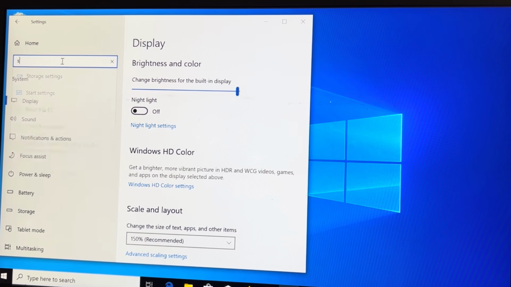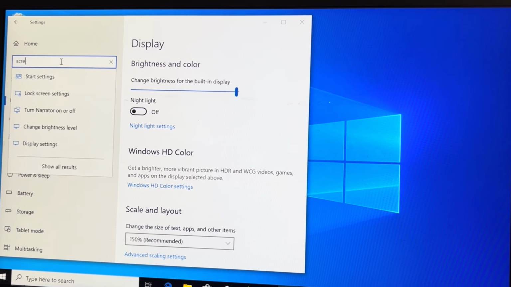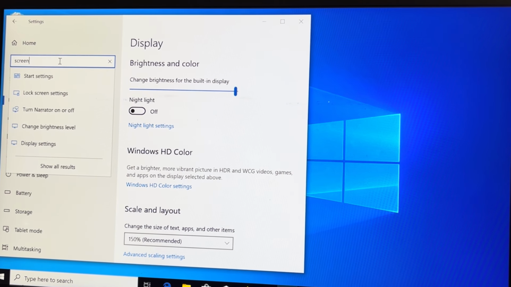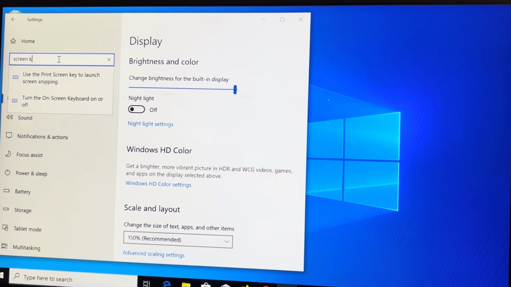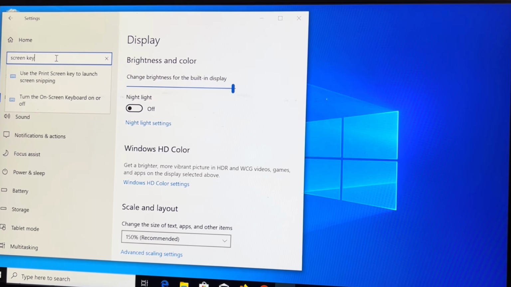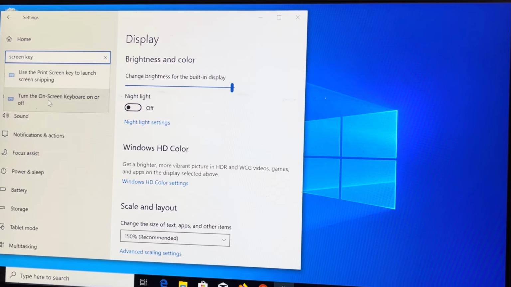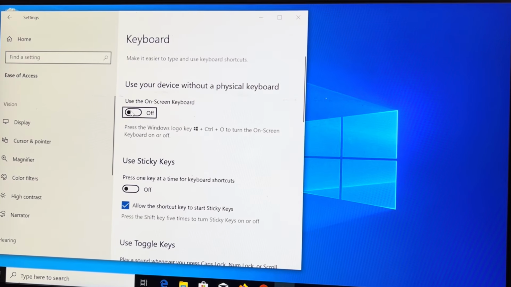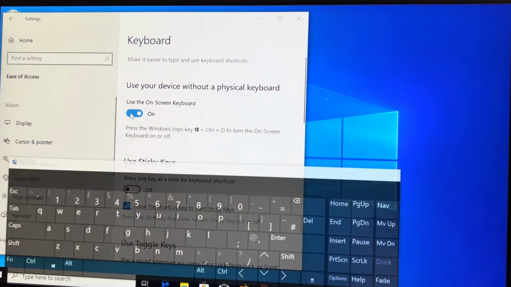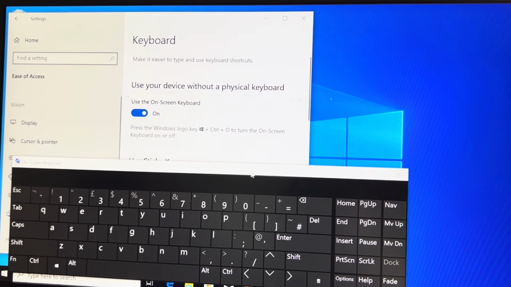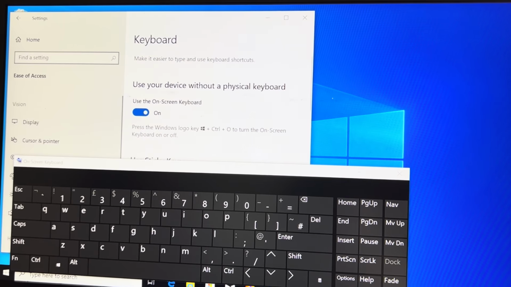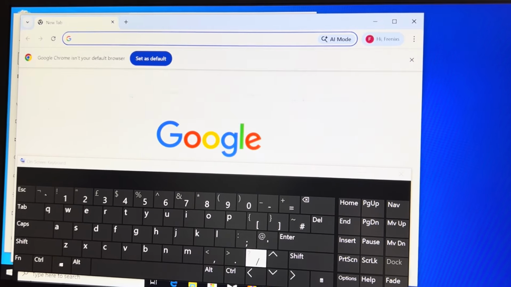Just type in screen keyboard, and remember we're using an HP laptop. Screen keyboard is just down there. It says turn on the screen keyboard, and then you just come here and turn it on, and it will come automatically here. So we're going to try and test this screen keyboard by coming down here to Chrome